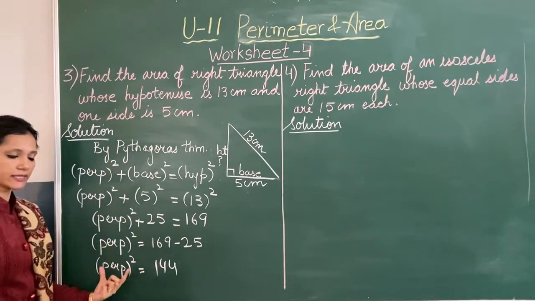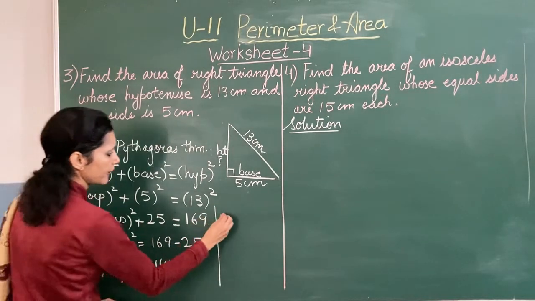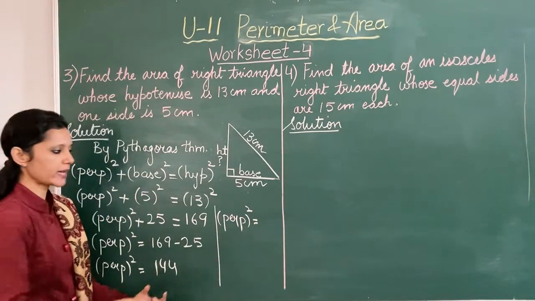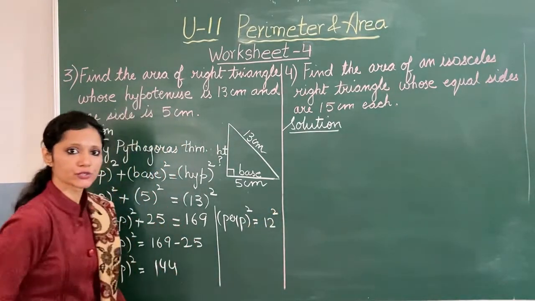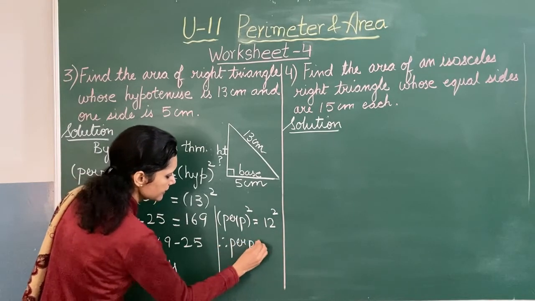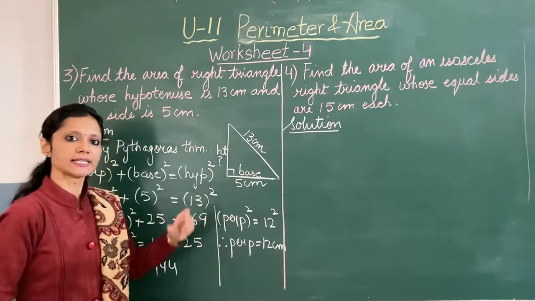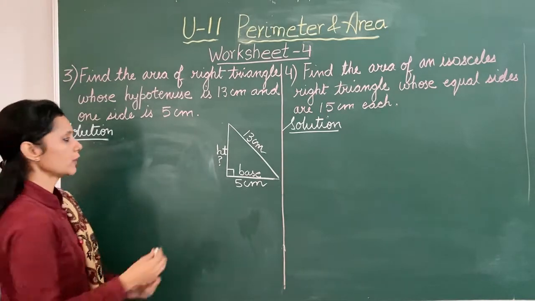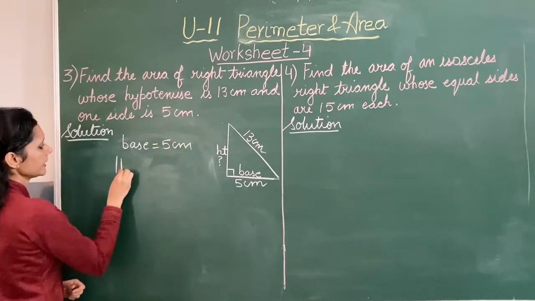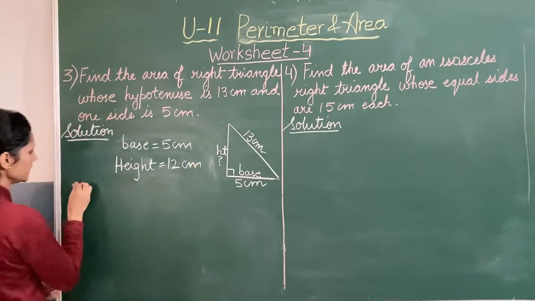144. Now this side is in the form of a square, so we have to write this also in the form of a square. So we would say perpendicular square is equal to 144, which is the square of 12, so 12 square. Therefore we will say the perpendicular is 12 centimeters. Now that we know the perpendicular, the height, we can easily find out the area of the triangle. So now we know that the base is 5 centimeters and the height that we just calculated is 12 centimeters. So area of the triangle would be,